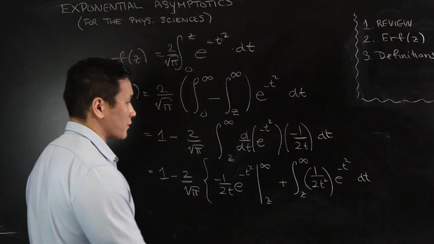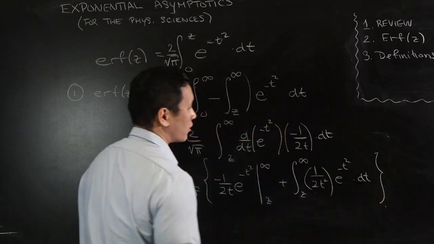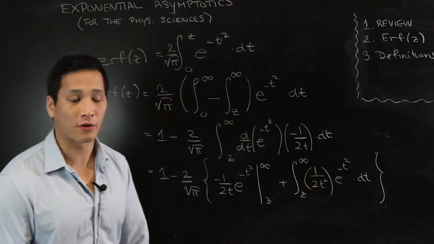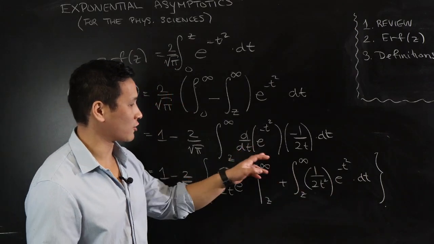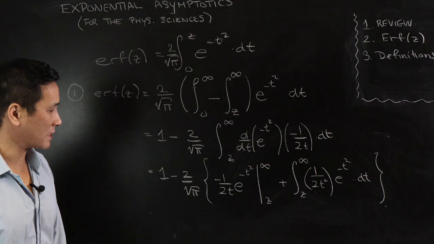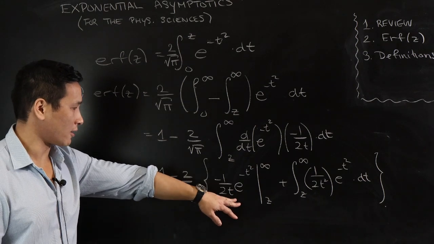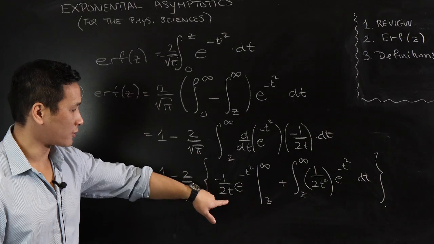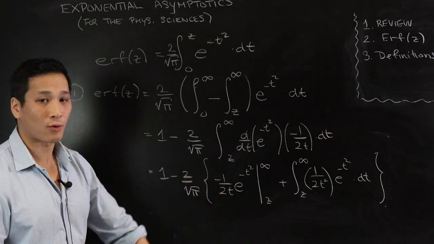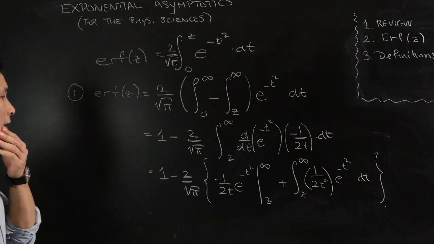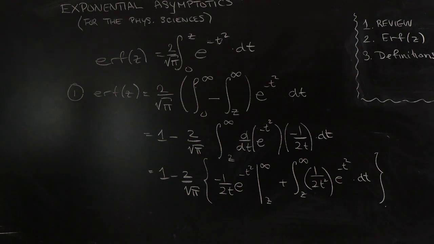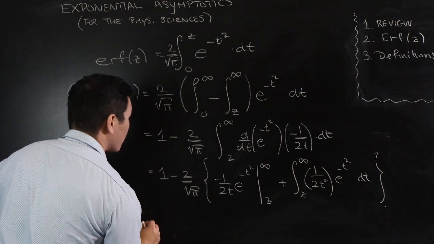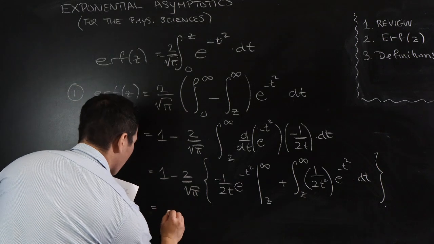And so if you've done this right, then the point is that you're going to develop a series in inverse powers of t as you go further and further to the right there. Just keep on doing that trick of writing this as the derivative of something. And then this factor here, the infinity disappears, and you're left with 1 over 2z times e to the minus z squared. All right? So in total, if you keep on going, you're going to have 1 minus e to